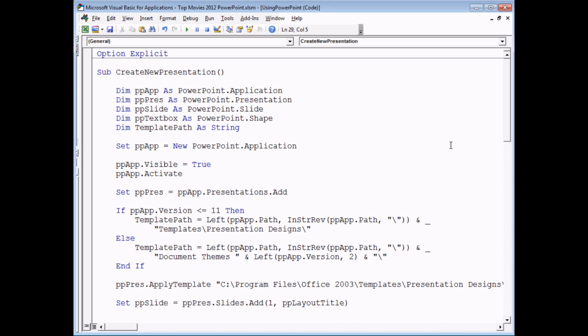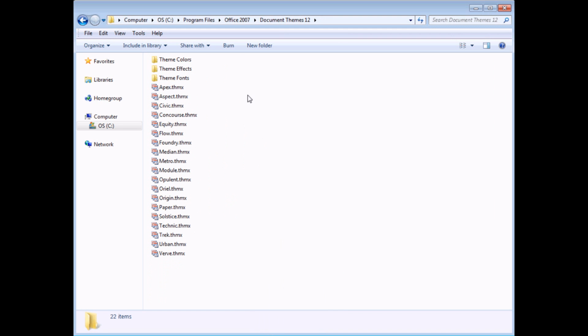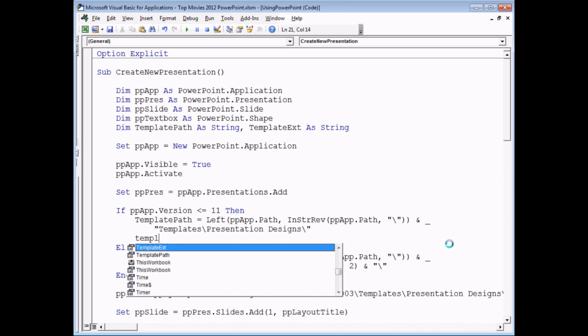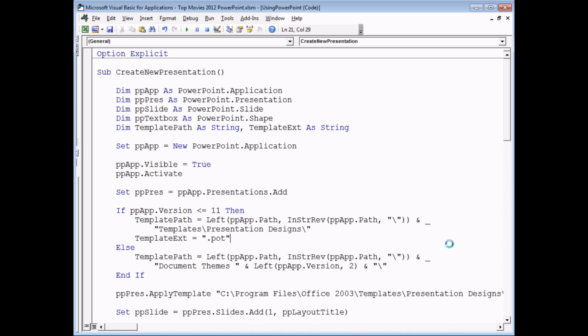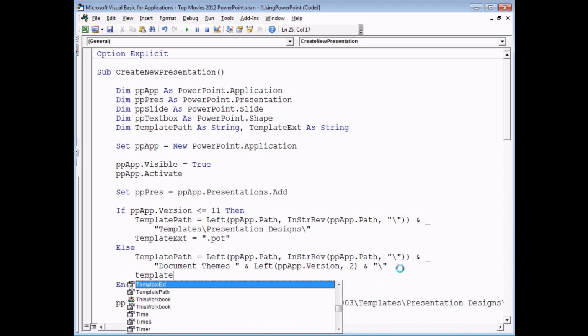Another thing that we have to consider here is that different template files in different versions have different file name extensions. So in PowerPoint 2003 and earlier, we're using proper template files, PowerPoint templates with their .pot extension. For the later versions, we're actually using theme files, which have a .thmx extension. So we need to incorporate that into our variation as well. Let's add another variable to the code. Let's have a templateExt, or templateExt for short, as a string. And then in our If statements, we can simply say things like templateExt equals .pot if the version number is 11 or earlier. And then for versions later than that, we can say templateExt equals